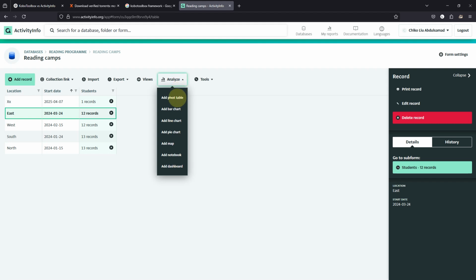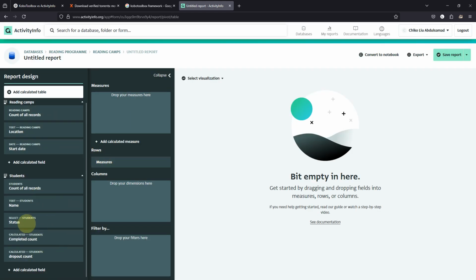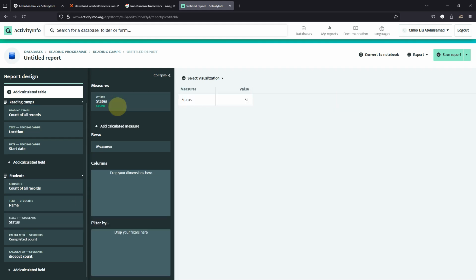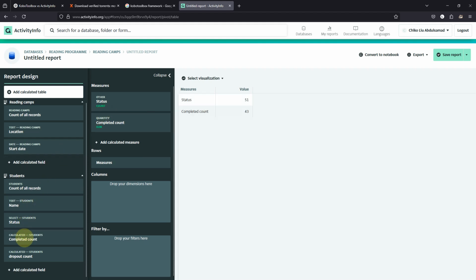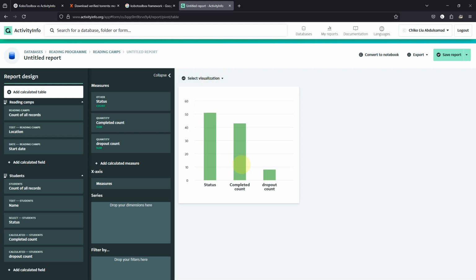I will do some analyze, go to pivot table. I will do my status for, I can do count. The whole of status is 51, those that have dropped out and those that are complete, that completed their dropout count. So this plus this, it gives you this, and I think you can also do a visualization as well. Let me see, more a bar chart. Yeah, so you can actually do that,